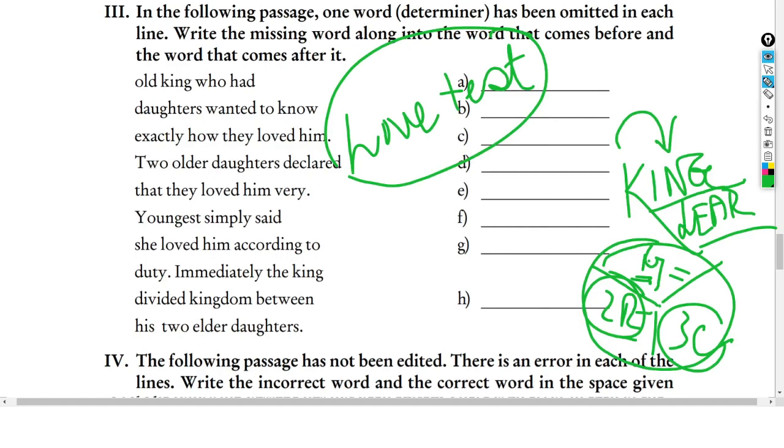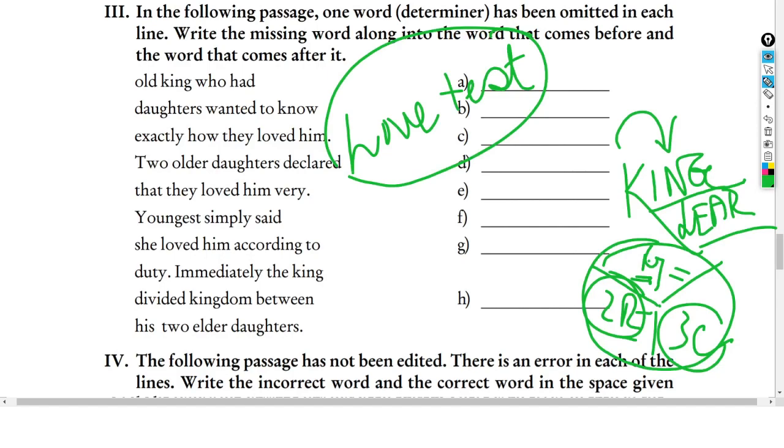They used some adjectives, or some determiners, to tell that they loved the father more than anything else, and words like this, like that. So many attributes or adjectives were given in order to describe their love for the father. And all these descriptions were mere descriptions. These were not authentic or real. These were bogus, fake,